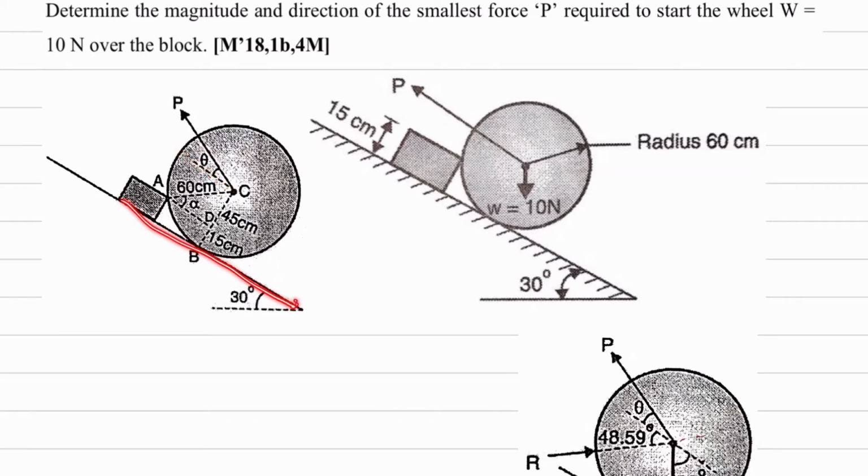So this plane is like this. So parallel to that we have drawn a dotted line and we have considered this angle theta. So we will find this value of angle theta. Now from the basic geometry, if you see, the height of the block is given over here. What is the height of the block? 15 centimeter.